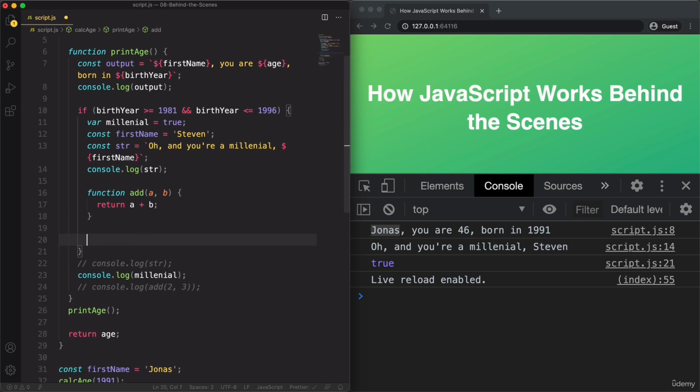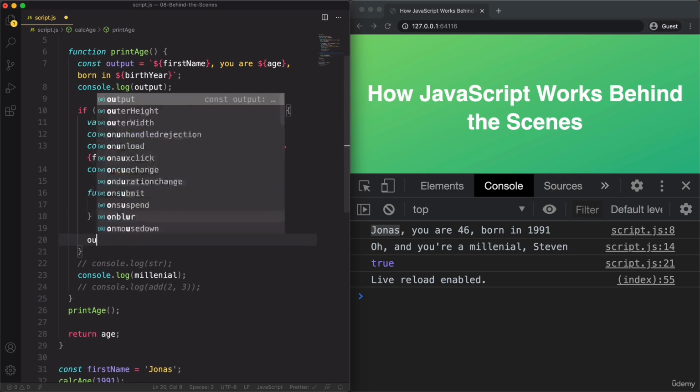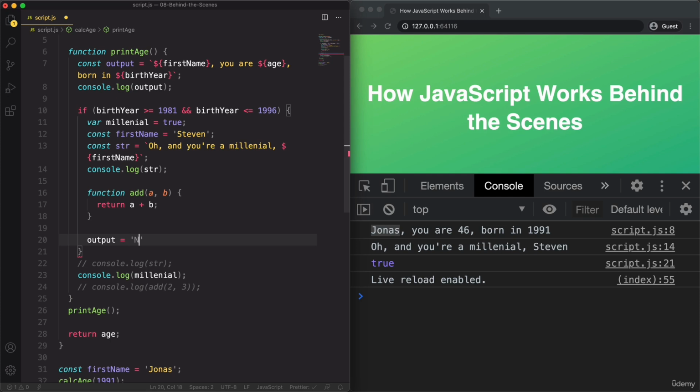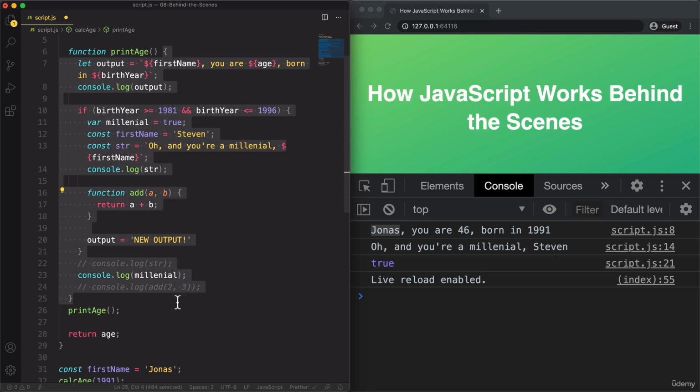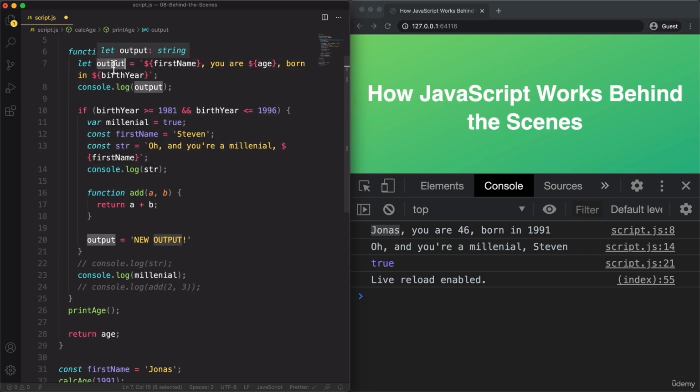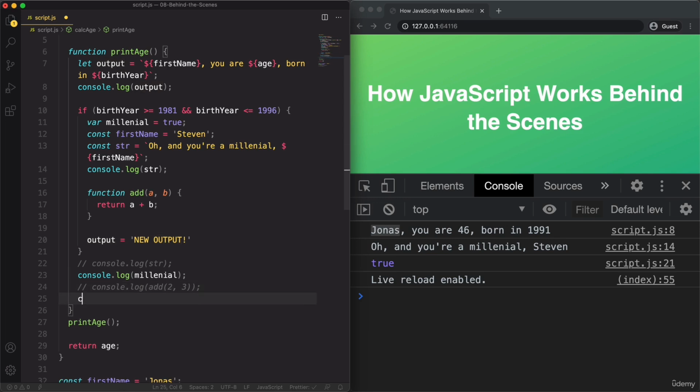So let's do that here. And let's now say output equals new output. And here we then have to change the output to a let. But let's just analyze what we did here. So we are in the print h scope. So that's all of this here. And in here we have the output variable. Then we have an inner scope, like a child scope here, which then redefines this output variable from the outer scope. And so if we then try to access that output here again,